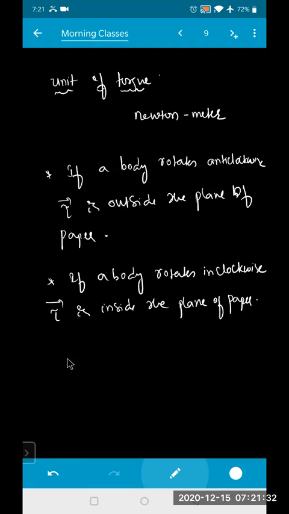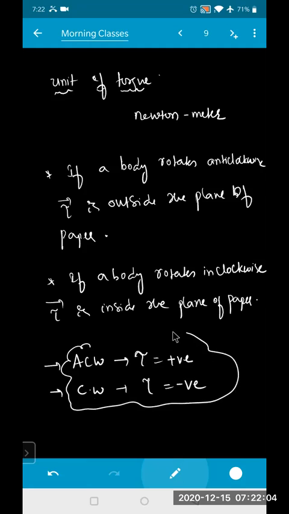Okay, so anti-clockwise direction we take it as positive, beta. Anti-clockwise direction, tau is positive. We consider torque to be positive, while clockwise direction, we take the torque to be negative. This is my sign convention. Isn't it? So anti-clockwise direction, sign convention for torque is what? Positive. Clockwise direction, the torque convention is negative. So it's very important. You need to remember in the complete rotational mechanics, this is the only sign convention which is going to play the role: in which direction we take positive and in which direction we take negative.